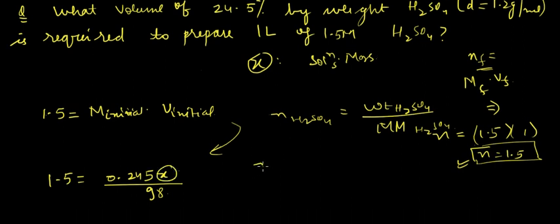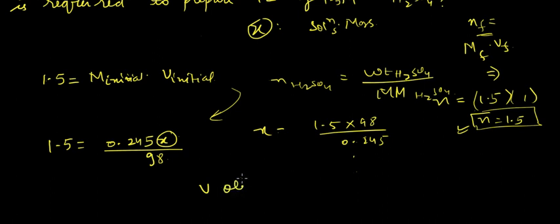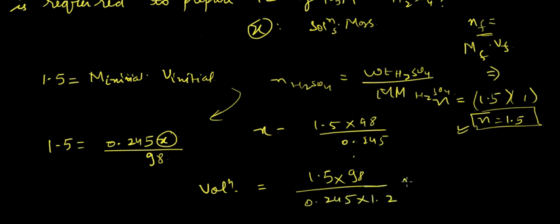From here x can be calculated as 1.5 times 98 upon 0.245. So x was the mass of solution. Now the volume of solution would be 1.5 times 98 upon 0.245 divided by 1.2. This in ml would be the volume of solution. Okay,